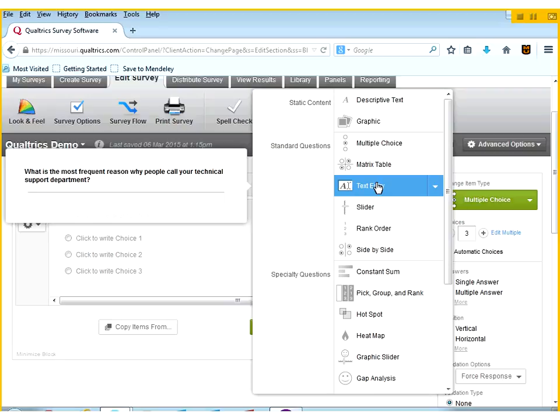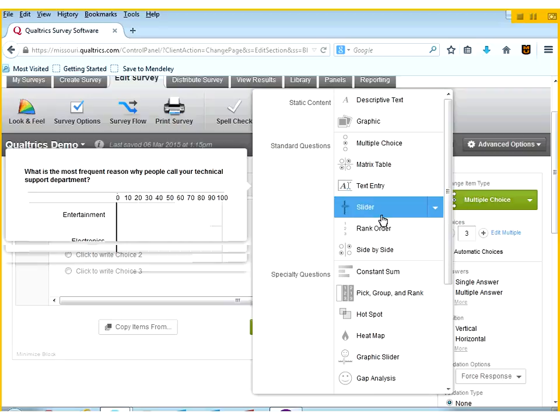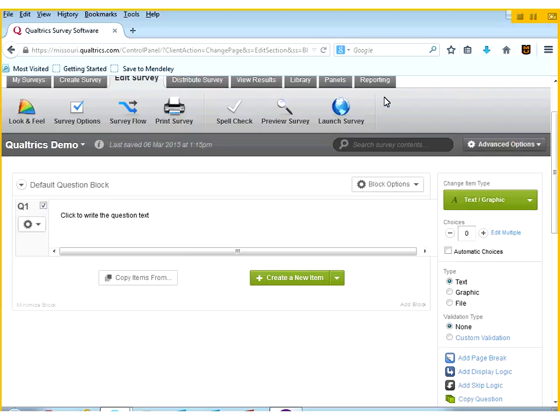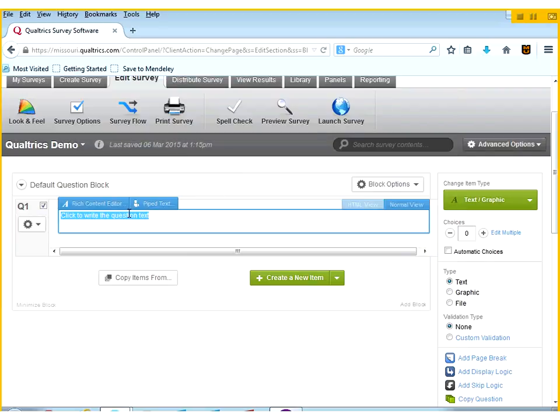Now I'm going to start out just by, actually, typically you do want to start with descriptive text, because as I mentioned, that letter of consent is usually a great way to start out a survey. It's the first page. If you've ever taken a survey to help anyone in one of your departments with research, typically the first thing that comes up is a paragraph that details what the project is about, why the survey is being conducted. You can write that here and just say descriptive